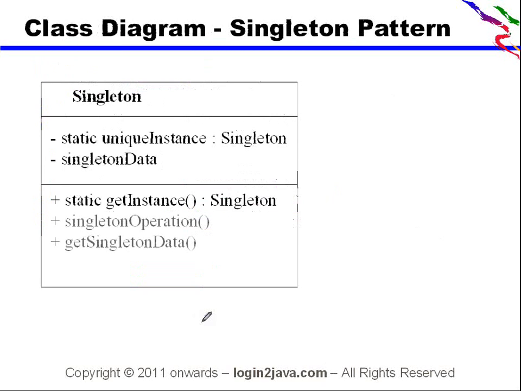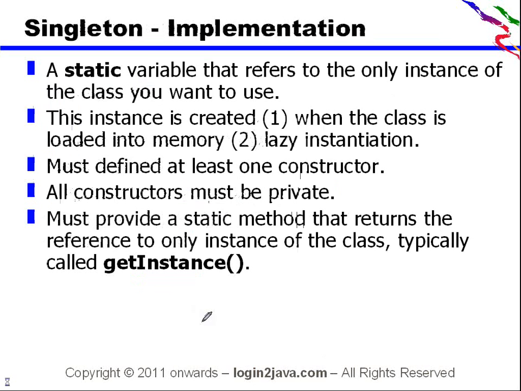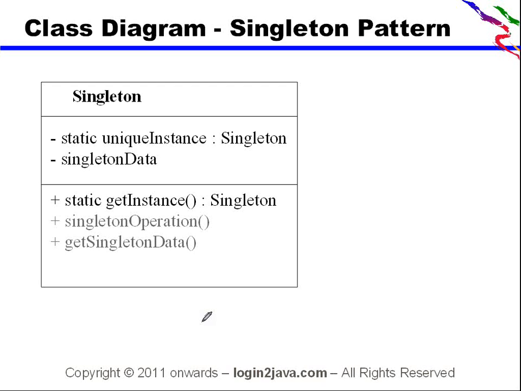If you want to see some Java example, okay, let's see a Java example. Just think of Runtime. The Runtime class is there in Java, where there is a method getRuntime. That getRuntime will return the only instance of the runtime environment within your JVM. So that is a singleton implementation in the JDK.